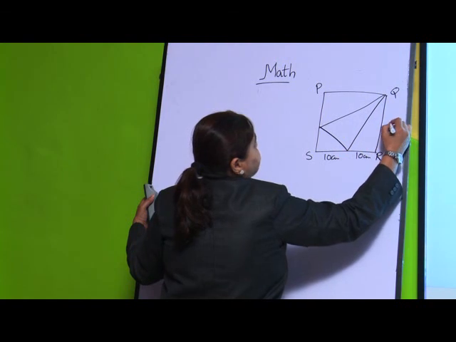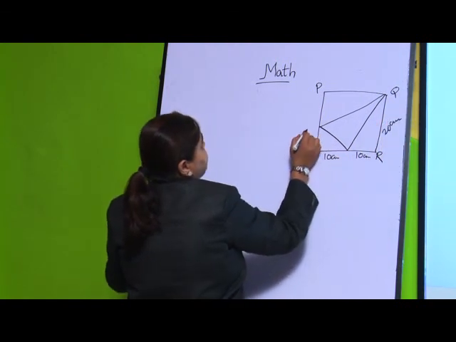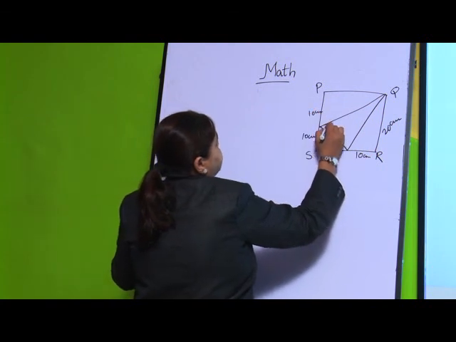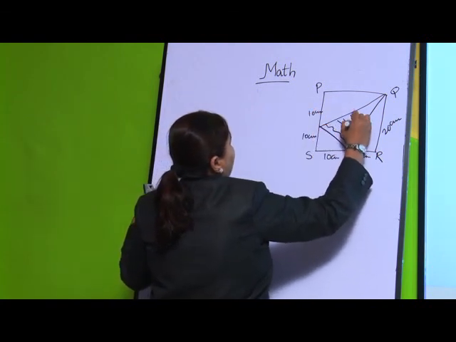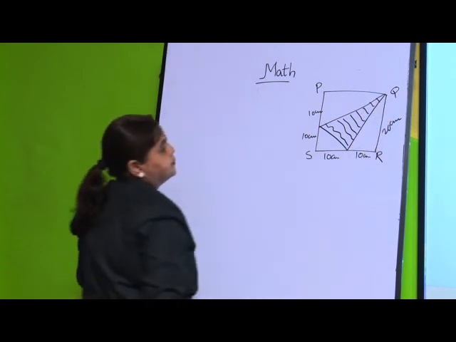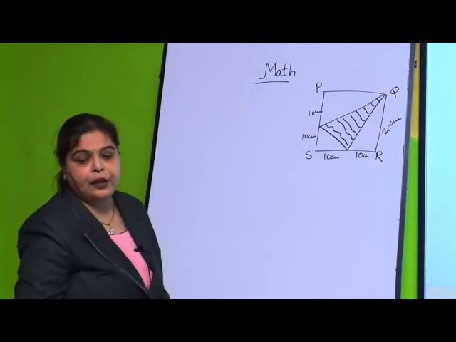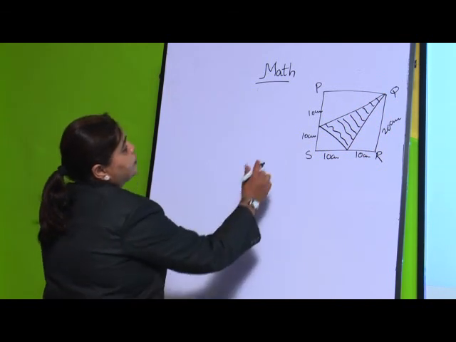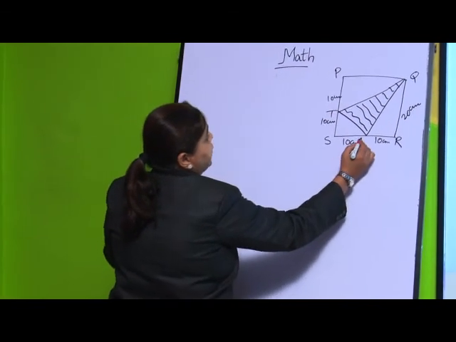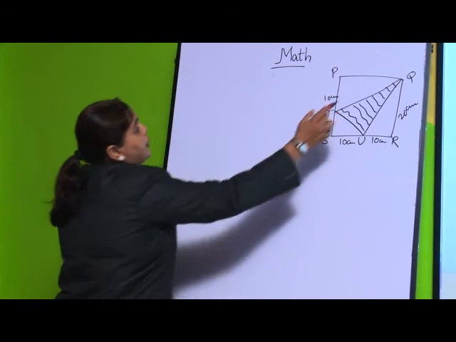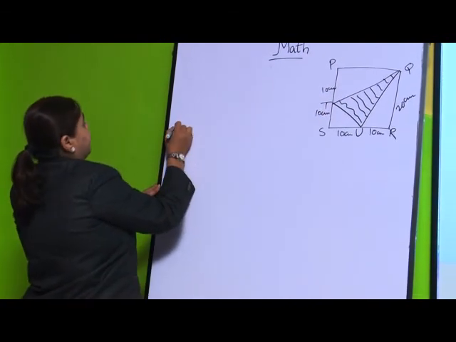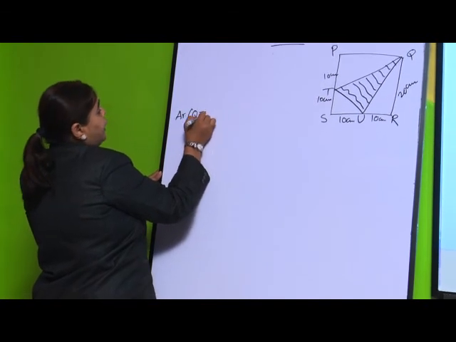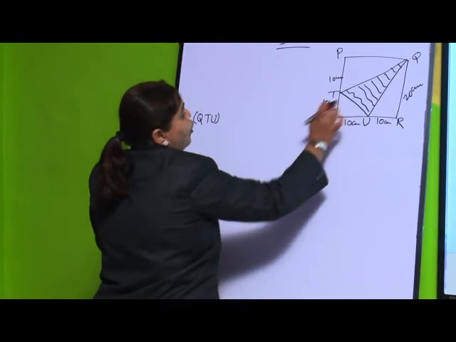Here is given as 20 centimeter and this is also in the center, just ahead it is also 10 centimeter. This part we have to find out the area of this part. Now, the same formula we will use here. The area of the shaded portion is QTU. We have to find out the area of QTU. To find out this area, what do we have to do?